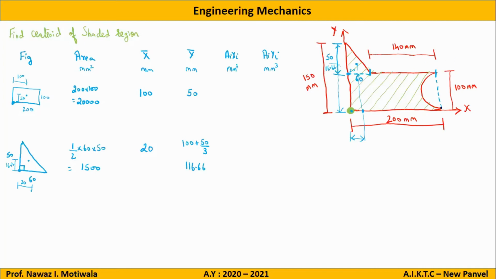Now let us go for the third and last part, which is a semicircle. So the semicircle orientation is somewhat like this. It is not a usual semicircle. It is an inverted semicircle, a mirror image. Now, for a semicircle, I have already given you the concept. From the diameter end, it will be a perpendicular distance. So this is my diameter, and this is the perpendicular distance. We know that from here to here, the distance is 4r by 3 pi. Okay.